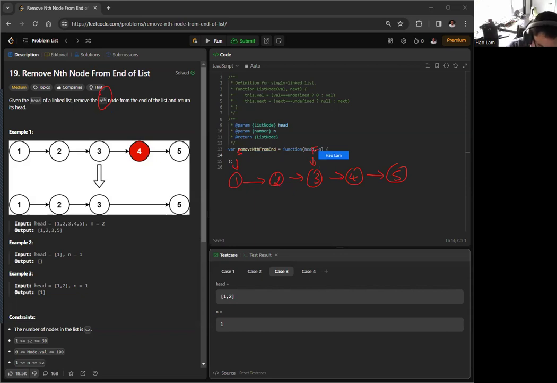have distance n, right? So let's say we want to return the second node from the end, which is this one right here, right? So 1 and 2, distance of 2, right? Instead of thinking about it from the end, we can think about it from the front. So if we create the distance of n between two pointers,